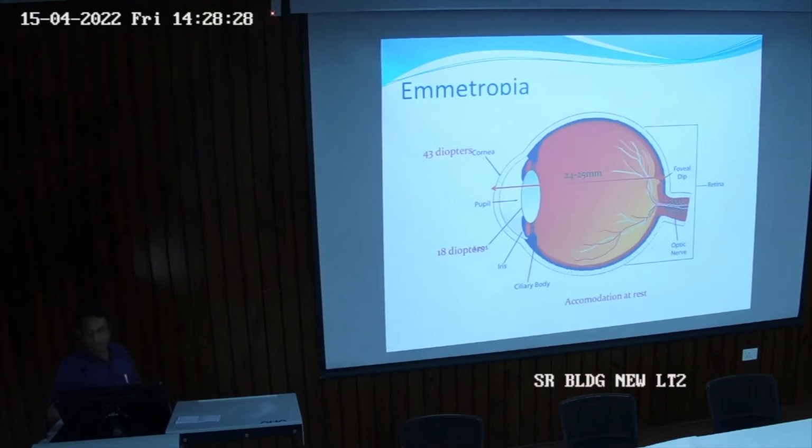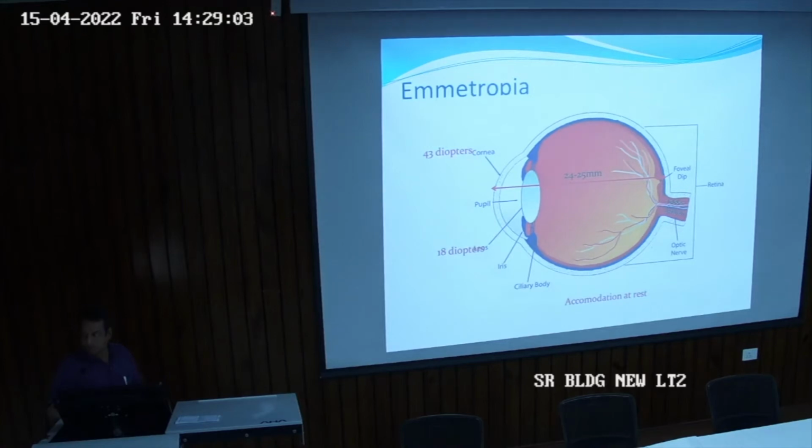Okay, and between the lens and retina is the vitreous humor, and the anterior chamber is situated between the posterior surface of the cornea and the anterior surface of the iris. Okay, and where is the posterior chamber? If there is an anterior chamber, there will be a posterior chamber too. Between the posterior surface of the iris and the anterior surface of the lens. There are two terms, anterior chamber and posterior chamber. One another term is the anterior segment and posterior segment.